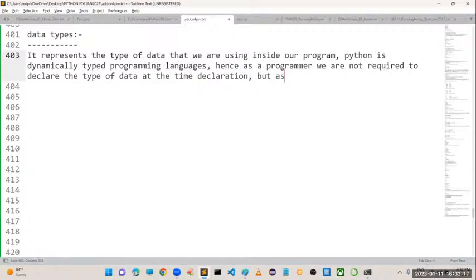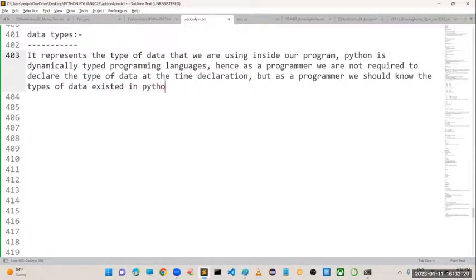As a programmer, we should know the types of data existing in Python. For that, we are using data types, and the following are the basic 14 data types existing in Python.